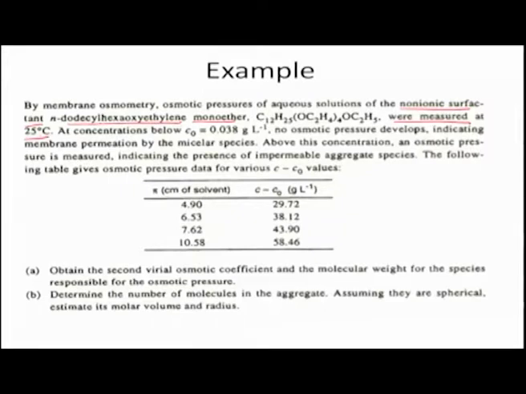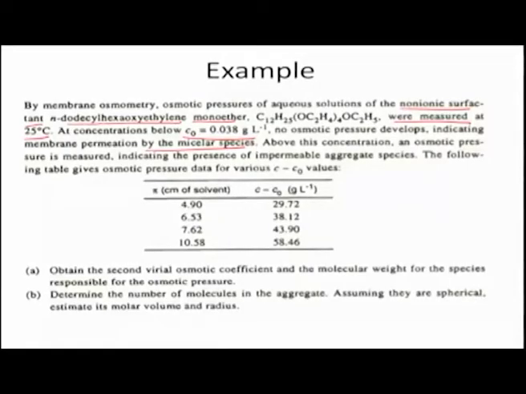At concentration below 0.038 gram per liter, there was no osmotic pressure developed, indicating membrane permeation by the micellar species. Remember that osmotic pressure will develop only when one of the compounds moves. For example, for a solvent plus solute, if only the solute is diffusing, then an osmotic pressure will develop, or vice versa. So, above this concentration, 0.038, an osmotic pressure is measured, indicating the presence of